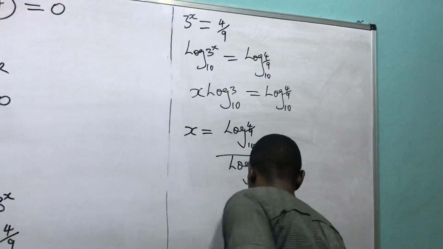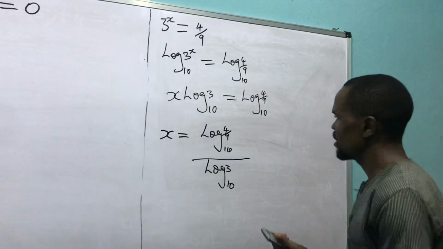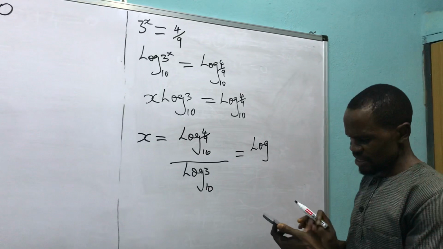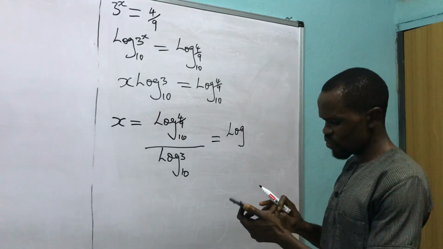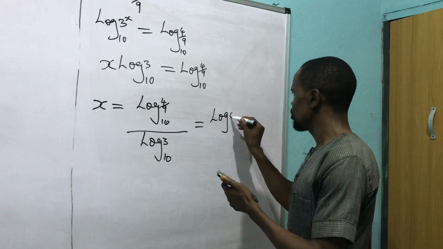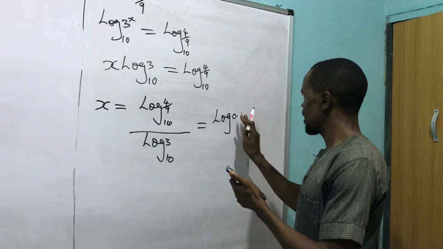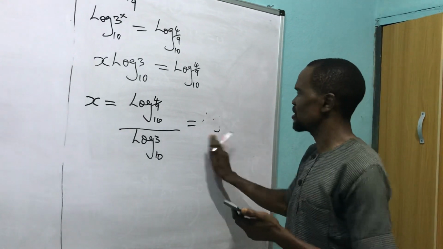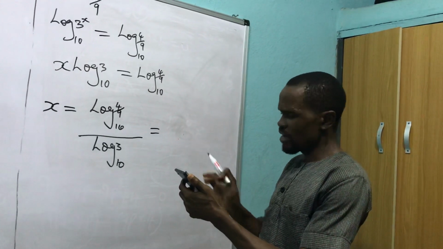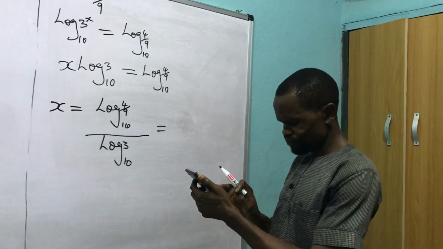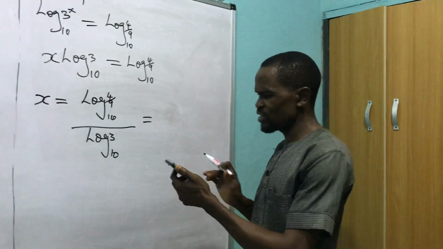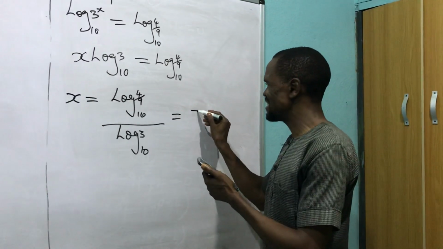Let's look at this and use my calculator. I will have log of 4 divided by 9. How do you press it in your calculator? Press log, then put 4 divided by 9, close the bracket, and press equals. It gives you negative